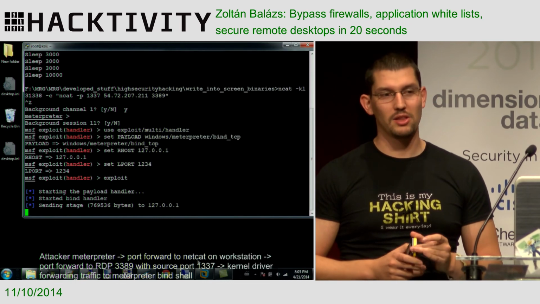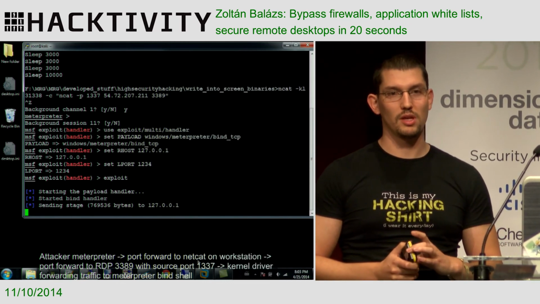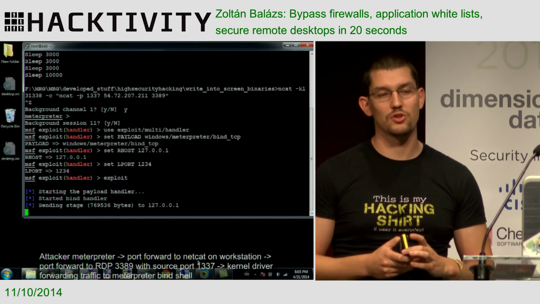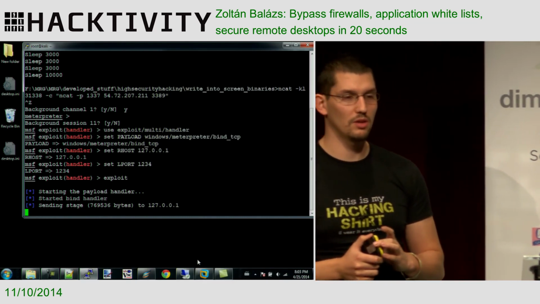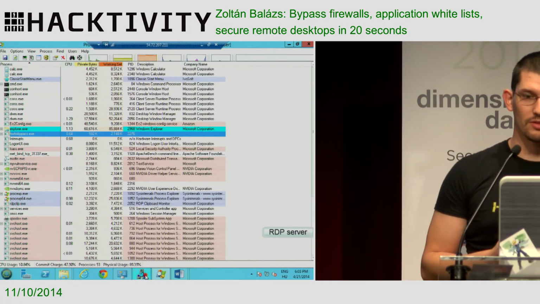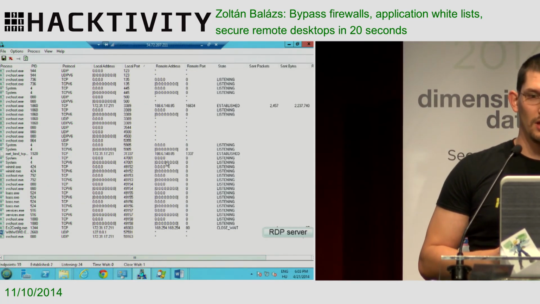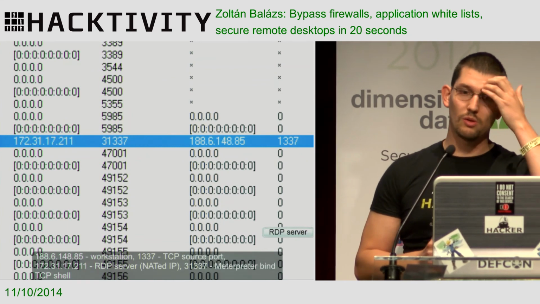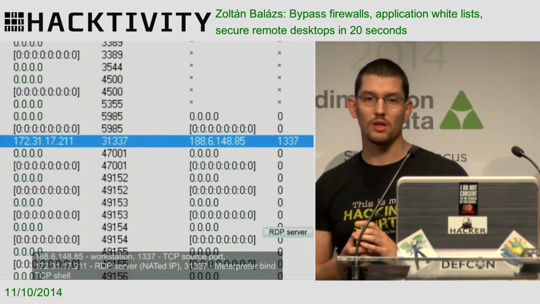But at the end, you will be able to see that I can pop the shell on the restricted Windows Server 2012 server. Yes, here you can see that the connection has been established